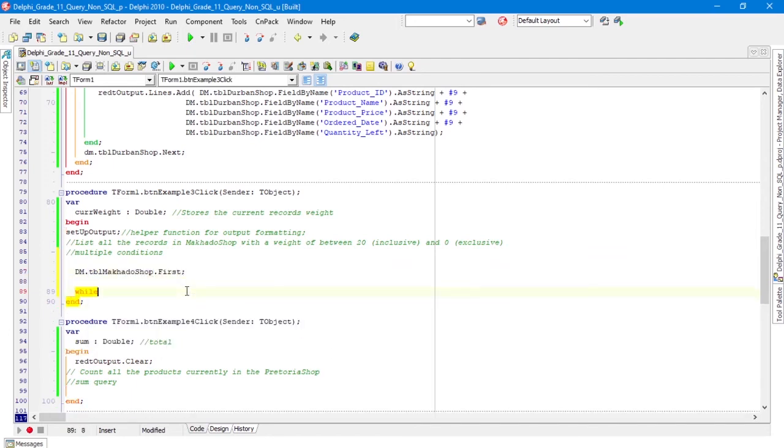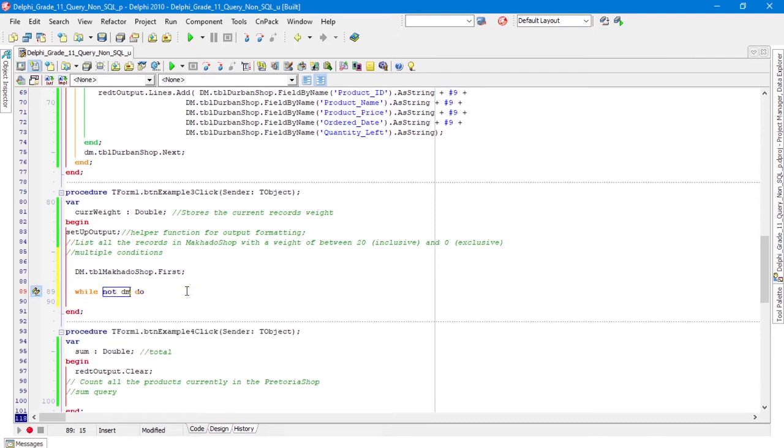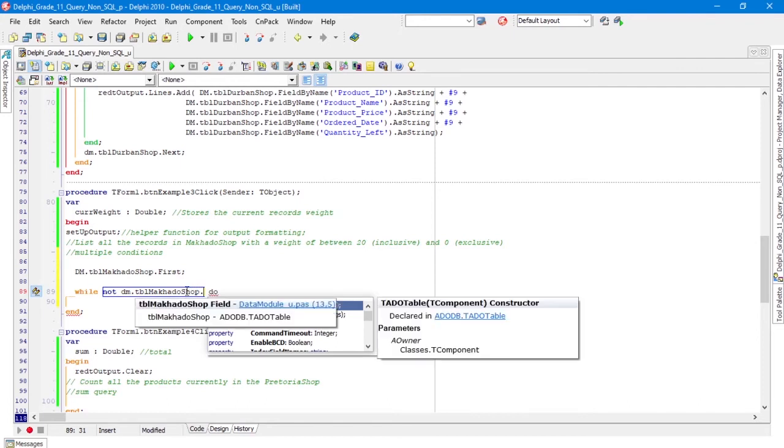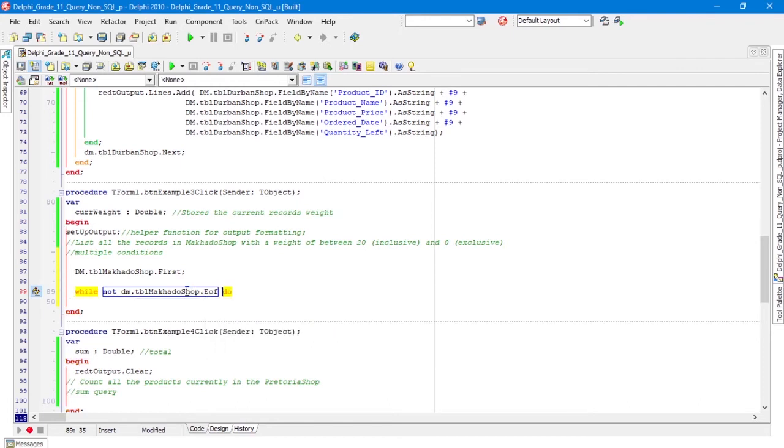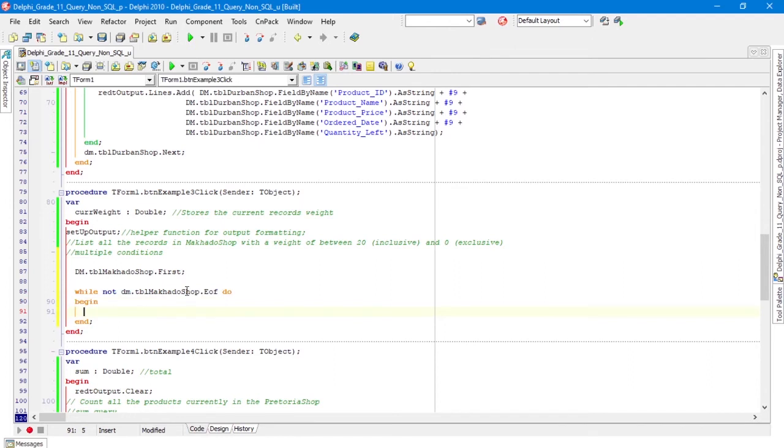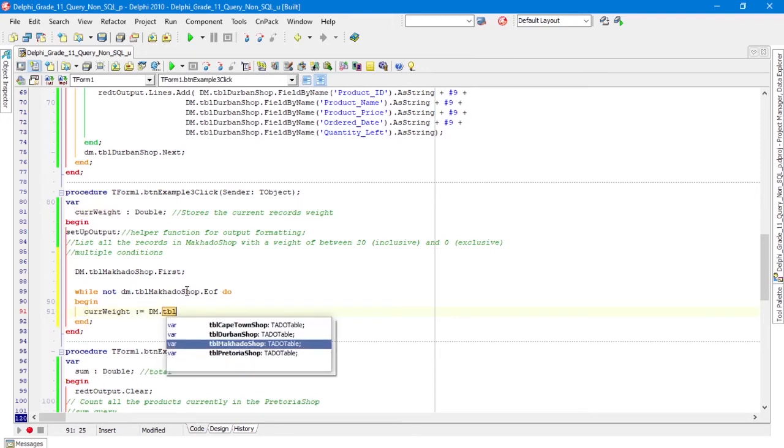So while dm dot, now just to make it easier, we're going to use our little variable at the top there. We'll say it equals dm.table